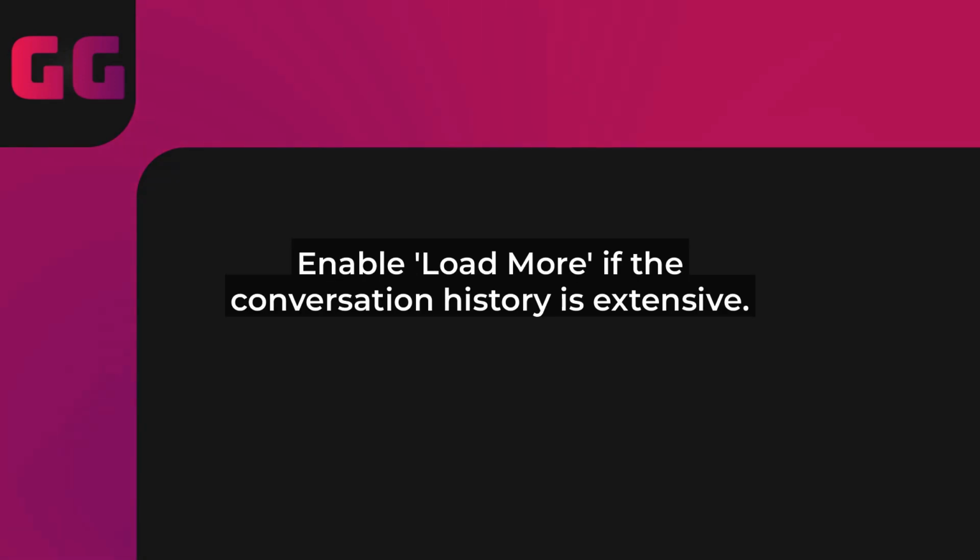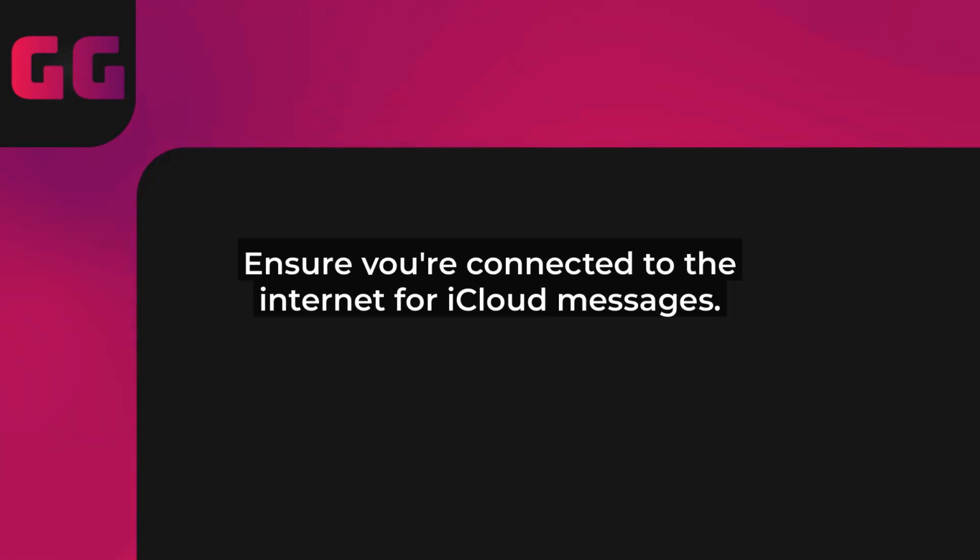But if that's taking too long, use the search feature. Tap the search bar at the top of the Messages app, type in keywords from what you think the first message might say, and filter by date to go back to the earliest messages. For example, search for the contact's name and select Oldest First in the sort options. This is a game changer for chats that go back years.